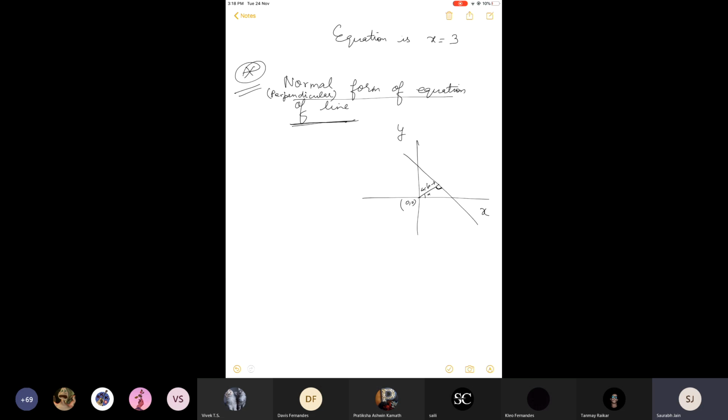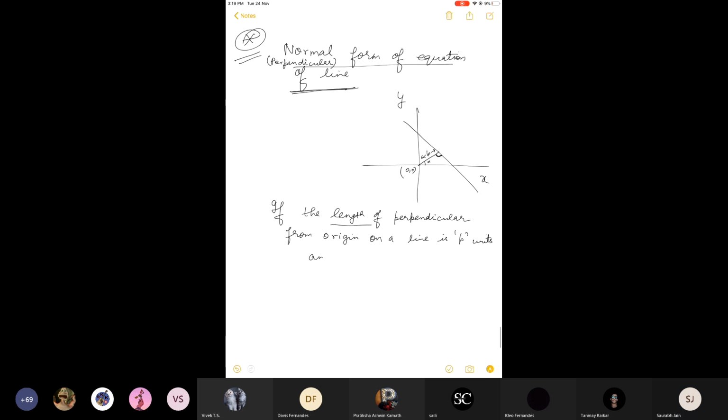So let me write, if the length of perpendicular from origin on a line is p units, okay, that means it is the length, so it must be positive. Please keep this in mind. And this perpendicular makes angle alpha